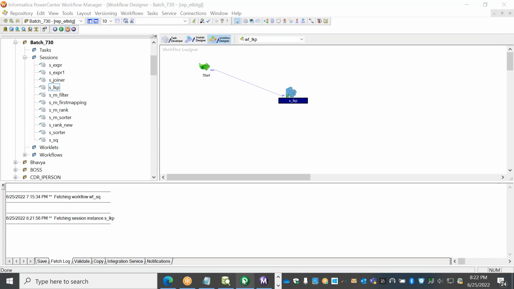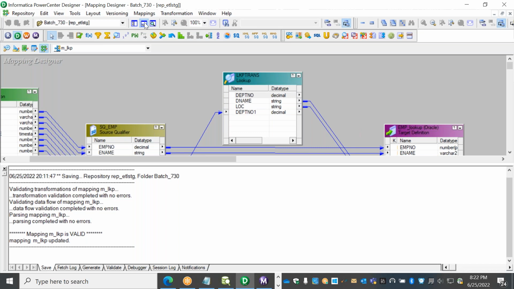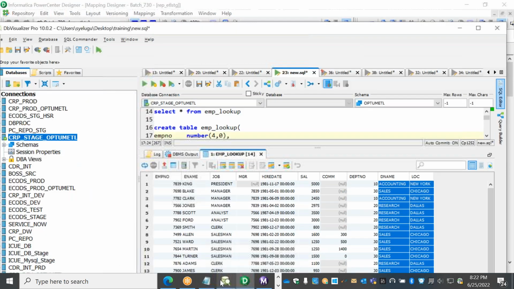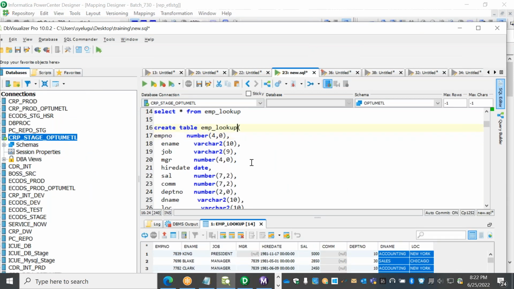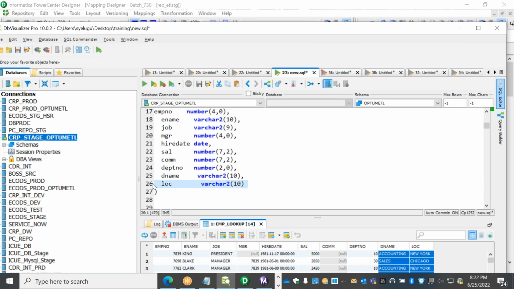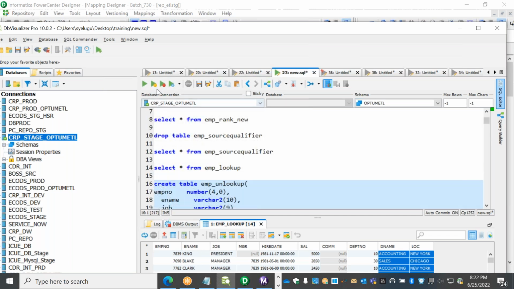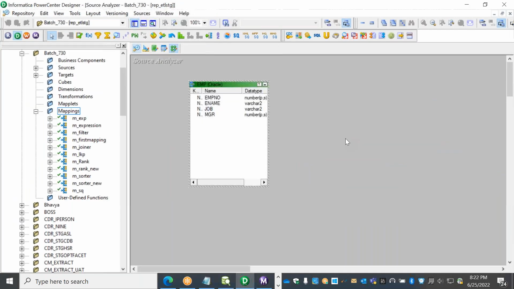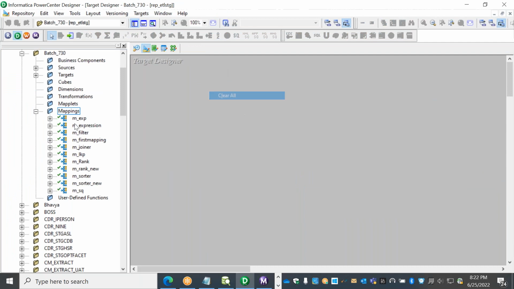And let's go with unconnected lookup. So directly I'll be creating the mapping, but for unconnected lookup the target table will be different. Why? Because we will be having only one output return port, and I will give unlookup, and only dname. I don't get any location. Why? Because it has only one column as a return port. Okay, I've created it, and it doesn't have any data usually. Now source is emp and target is